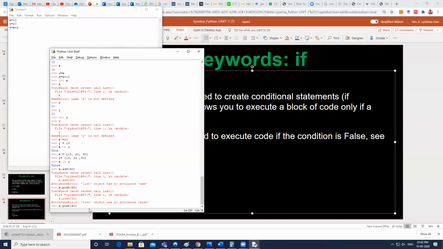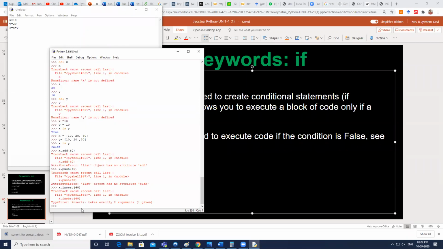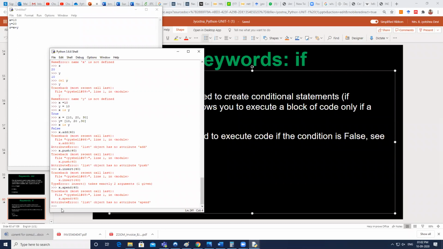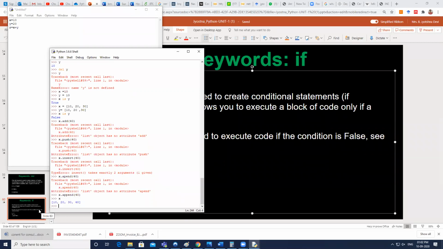And concatenate? I don't think so. X dot insert of... insert also not. Append, ma'am. Dot append, yeah, append is there. Let's see append. What happened? Double P. Spelling mistake. It's not append. Yes. So now let's see x.